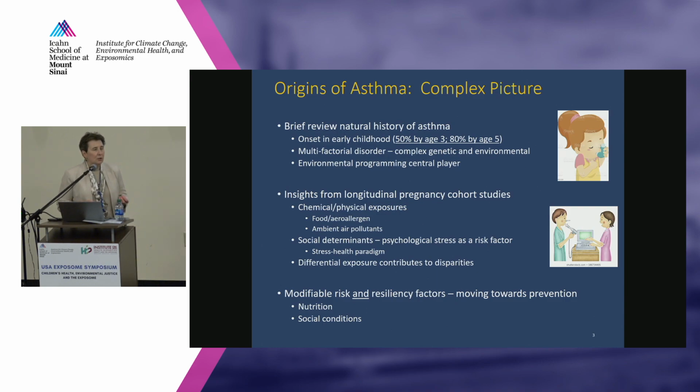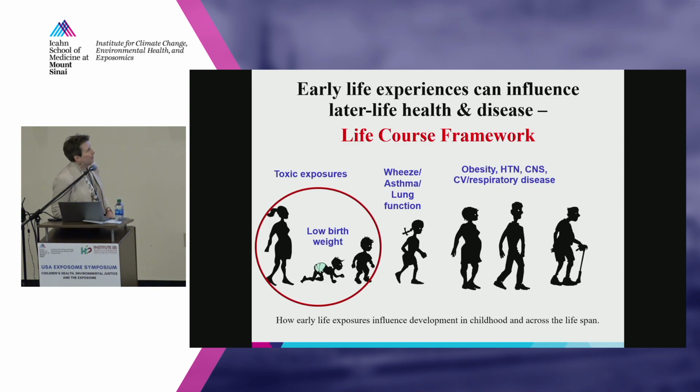It's a multifactorial disease, right? It's a complex genetic disorder, but it's also driven by multiple environmental influences. That includes not only chemical toxins, but, as Paul said, we have to think about social and policy levels, and I'm going to touch on each of those as I talk about what I think is driving the asthma disparities that we've seen. And what are the modifiable risk factors? What are resiliency factors, right? What are the levers where we can improve and not only make diseases better as far as manifestations and morbidity,